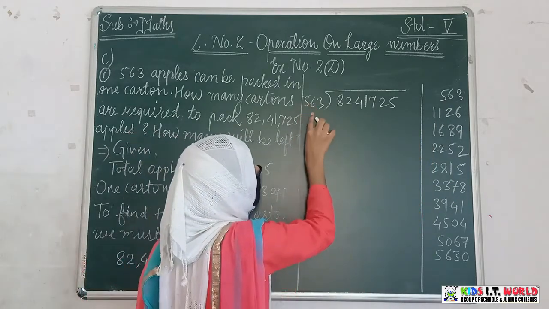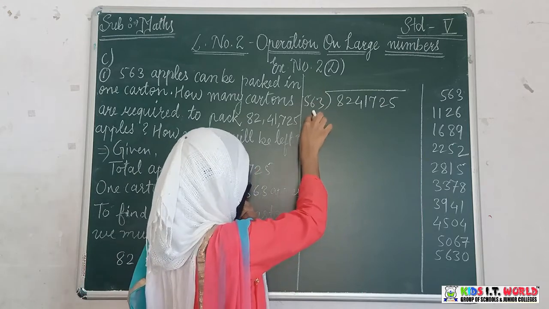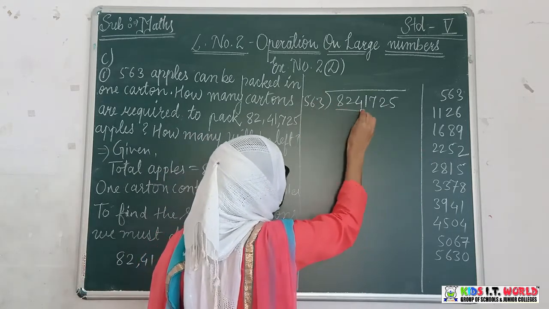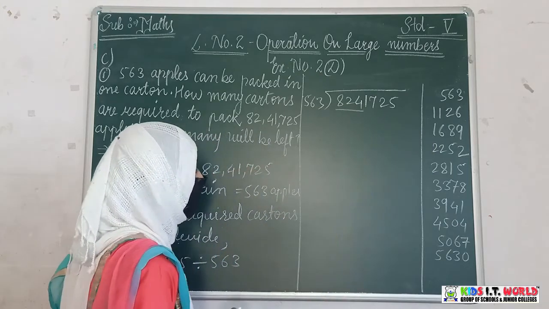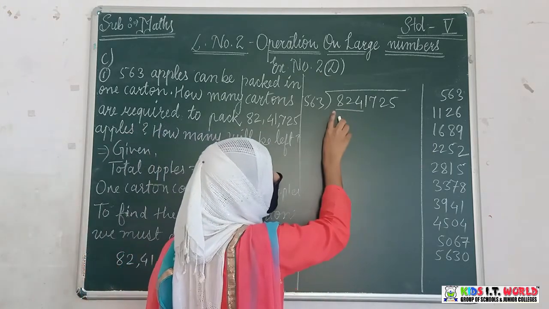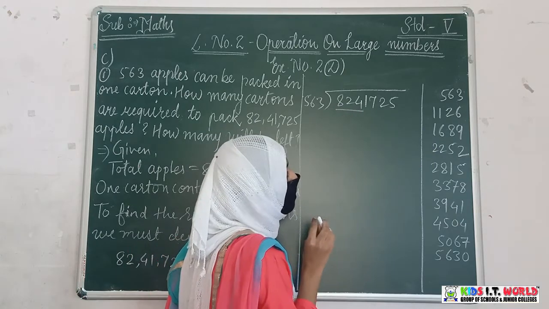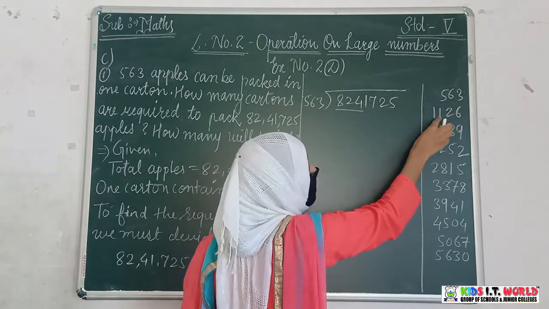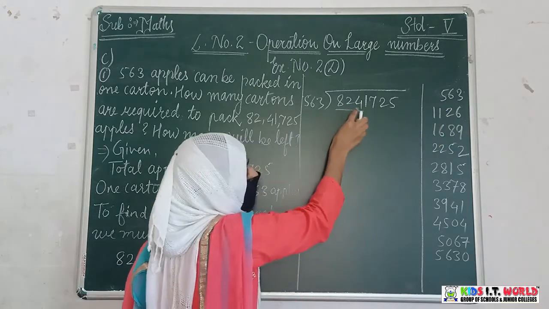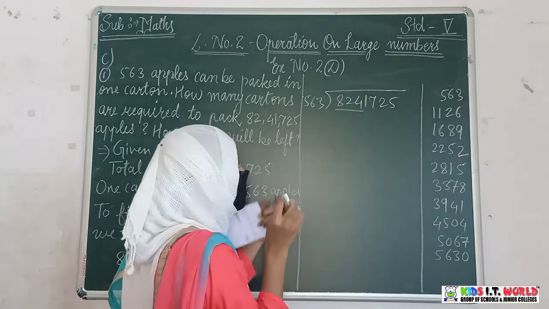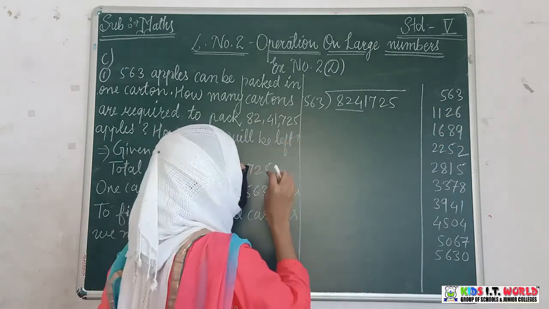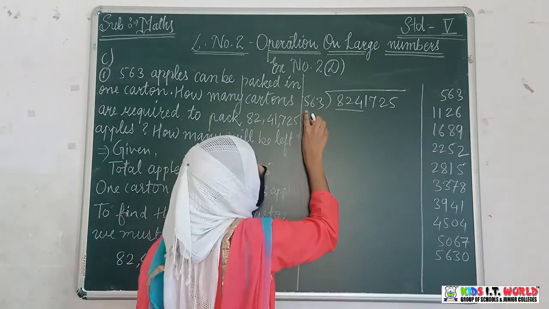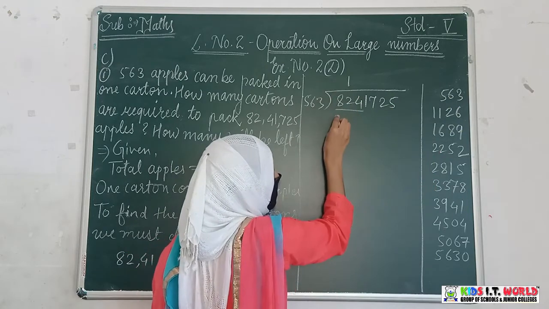Here 563 is our divisor. So see the table. First of all, we have to divide 824. Observe the table. Do we have 824 there? No. The numbers start from 563, and after that the number is bigger than 824. So less than 824 we have 563 only. So we will divide it: 563 ones are